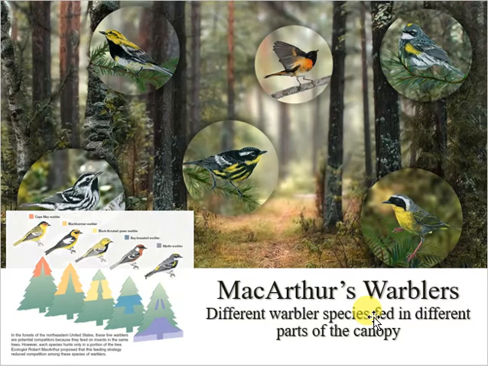And when he was studying these warblers, he found that the different warbler species all fed in different parts of the forest canopy. And this goes back to that concept of resource partitioning that is discussed in the early lecture video